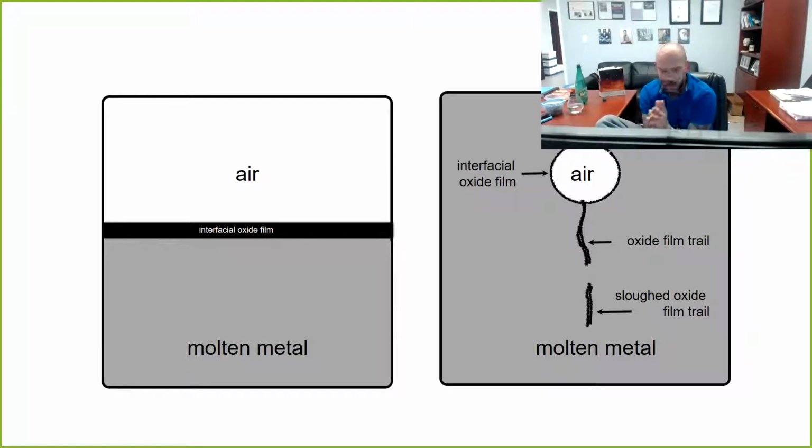And anytime we have an opportunity for surface turbulence, that oxide film is going to be entrained into the bulk, right? And so what happens now is that oxide film is going to be entrained into the bulk and fold on itself. And so this is where we get the term bifilm, this oxide film folding over on itself. So it's like bicycle or binoculars. It's this oxide film or this film folded up on itself. And this comes in a whole bunch of different forms, and we would call this crumpled up oxide film an unfurled film.